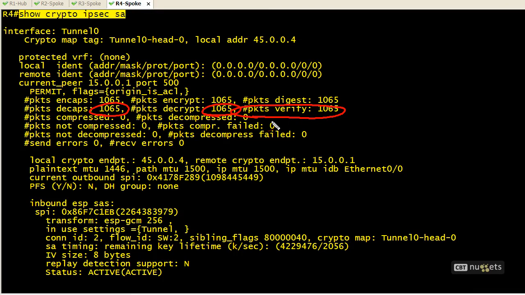With normal traffic, those 2 numbers do not have to be equal. For example, a secure copy or FTP is going to have a lot more traffic going one way than the acknowledgments going the other way. So although they do not need to be the same number for encryption and decryption, there should not be a really high number on the encryption, for example, and then a 0 for the decryption. That would indicate that we're sending encrypted traffic all day long, but for whatever reason,